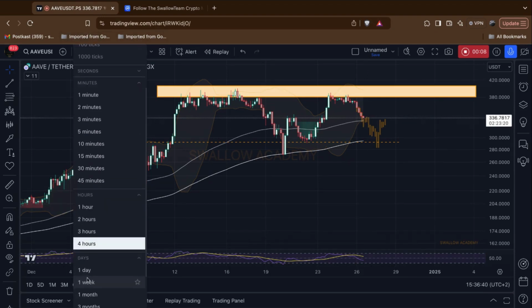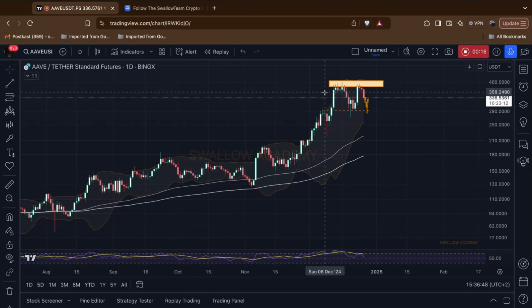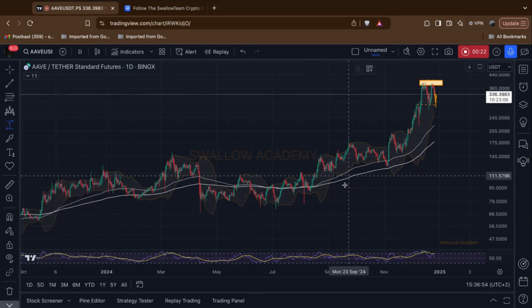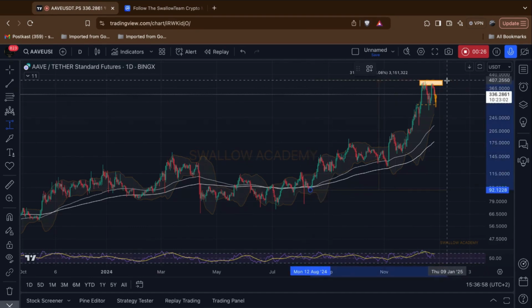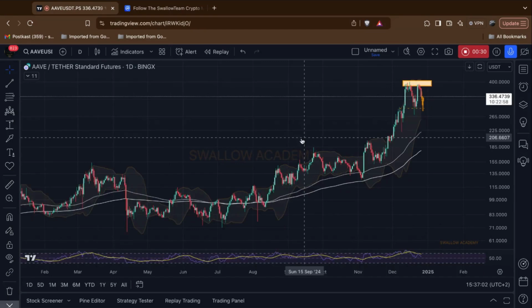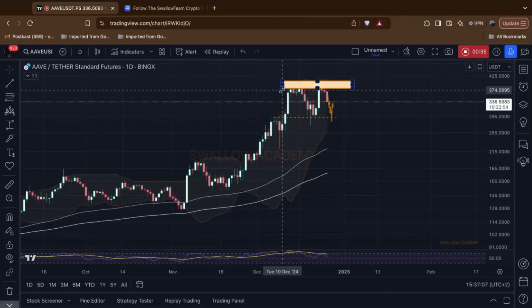So, overall, on the daily time frame, this coin has done more than enough, bouncing basically from the 200 EMA and having a massive upward momentum. Let's take a look since the beginning of August. That's a 3x on a coin. Now, on the daily time frame, we see that we are forming some kind of resistance